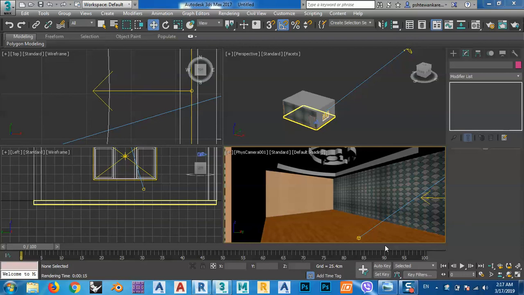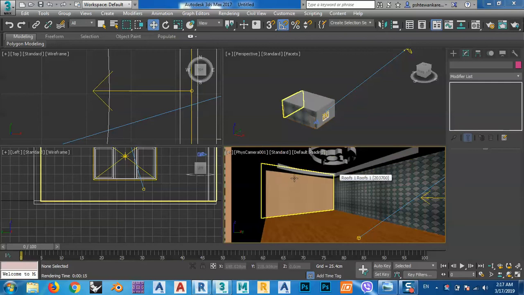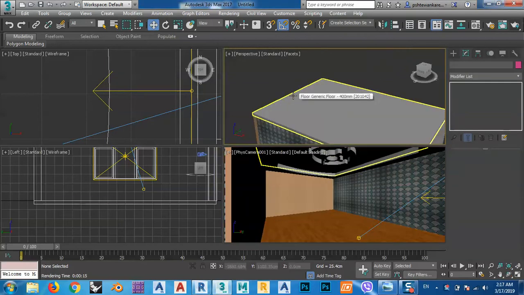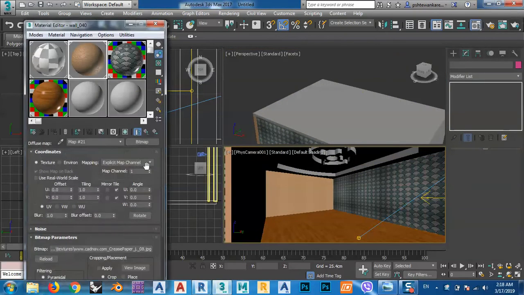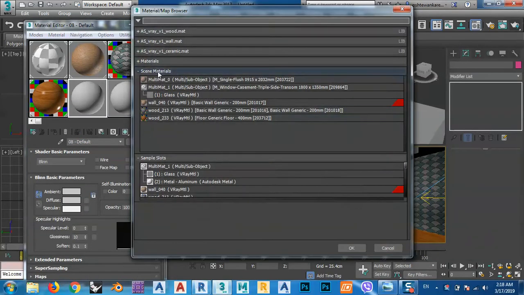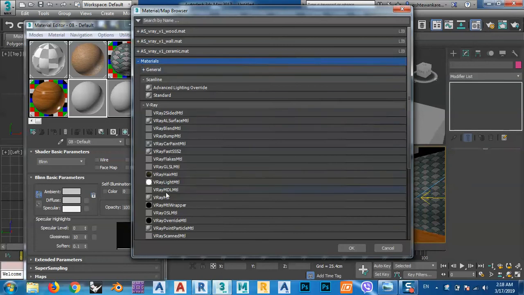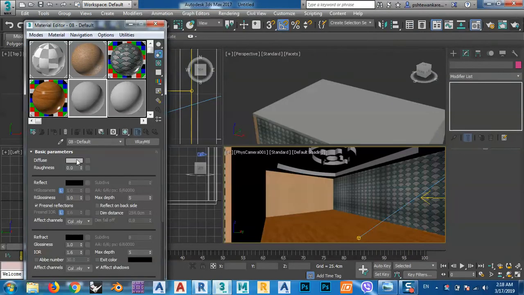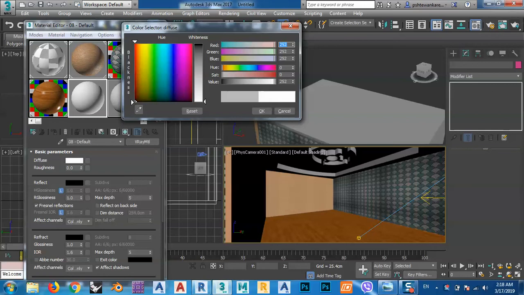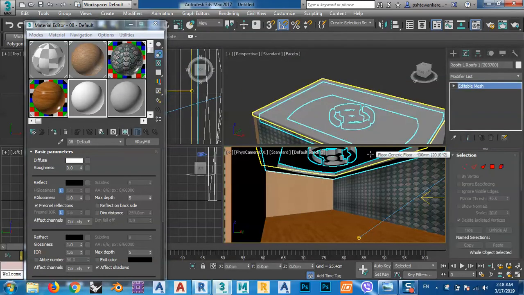This is part 3 of my tutorial. So I want to give some materials for this. Again, go to material editor. I'm on keyboard, click on this one, standard, and I want to use some materials and V-Ray material. Okay, V-Ray material, and after that I can give it some white color for this one, and again for slab,